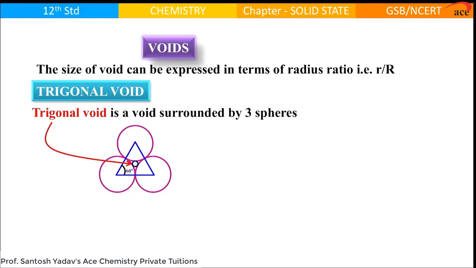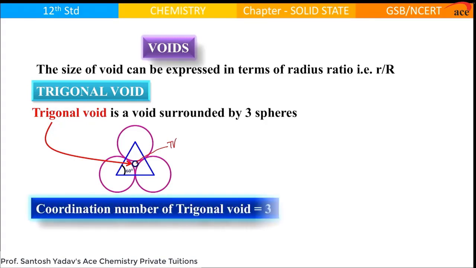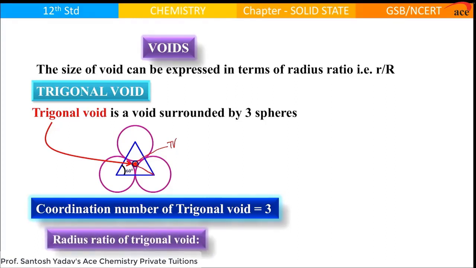The trigonal void, shown by a small sphere at the center, is surrounded by how many spheres? It is surrounded by three spheres. Therefore, the coordination number of a trigonal void is 3. Now, if you use trigonometry to find the size of that trigonal void and compare it with the size of the sphere which makes up that void, the radius ratio has been calculated as